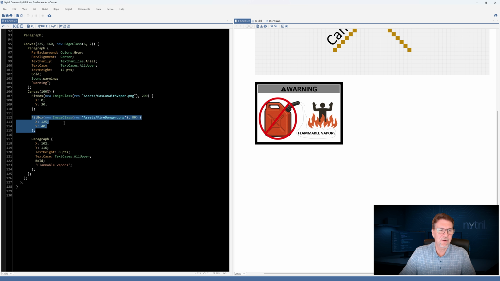And then we have another fit box with this image of the little person on fire. And then last but not least, we add in a paragraph and we add the words flammable vapors here. And each of these things, as we can see, is specifically placed using coordinates. So that's a little bit more of a realistic use case scenario for a canvas.